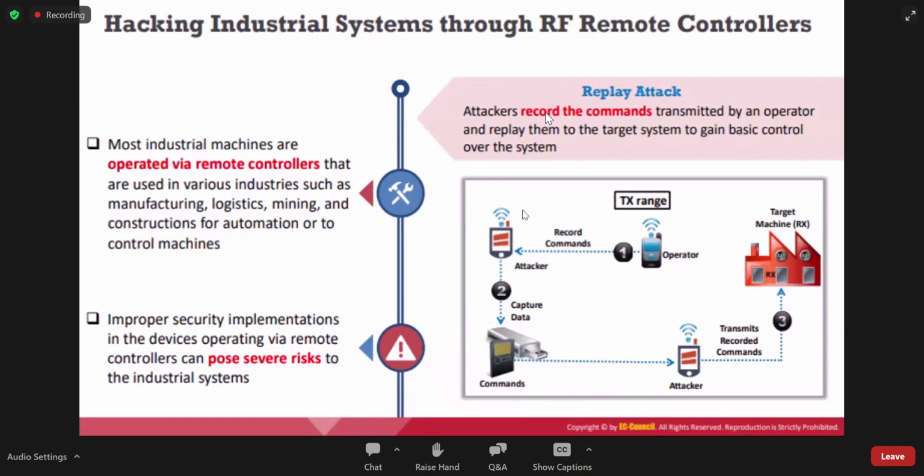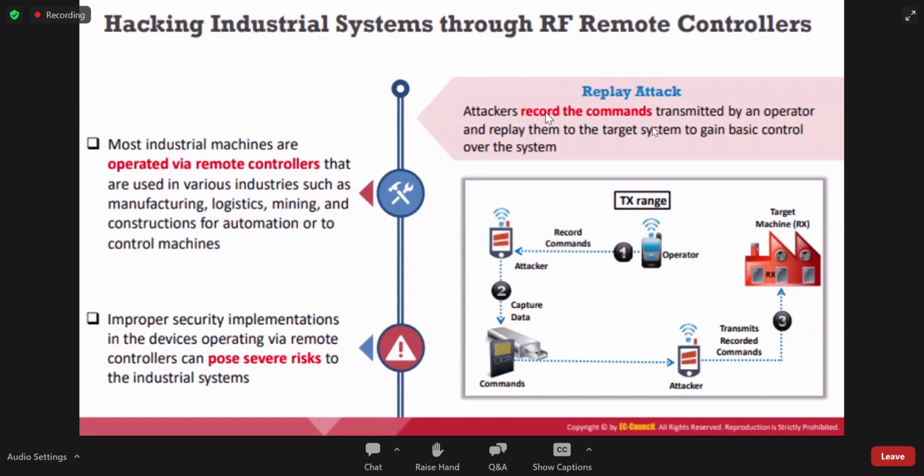You guys know what an RF remote is, right? Let's take the AC remote. Nowadays most AC controllers are RF. If you're using hybrid ACs, it will be RF remotes in most cases. If it is not, it will be IR blasters, but in most cases it will be RF remotes. Most BLDC fans are also currently using RF remotes. The RF remote is nothing but a radio frequency remote.